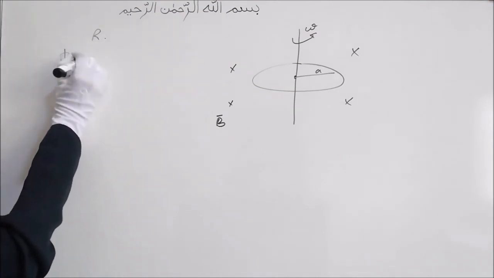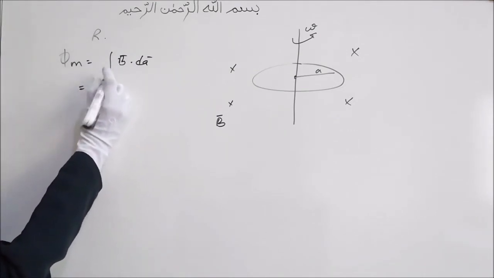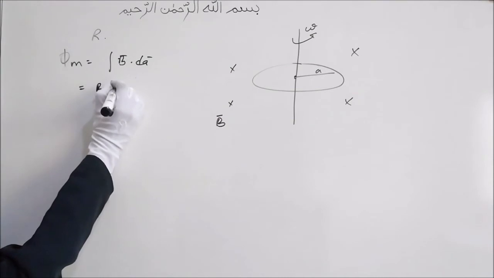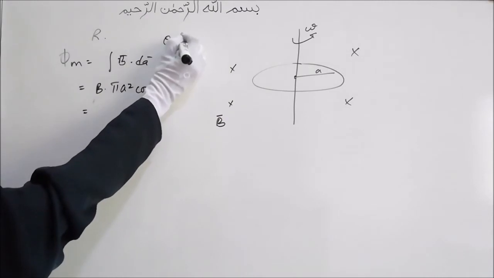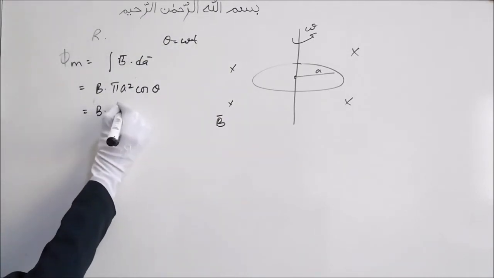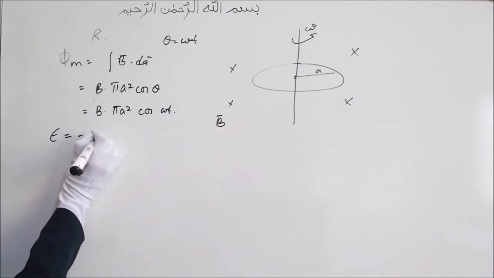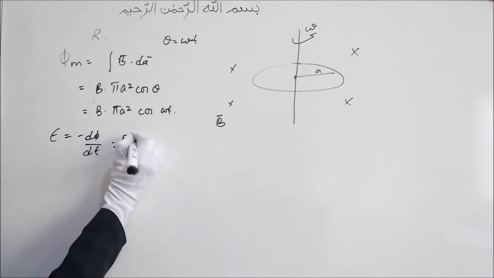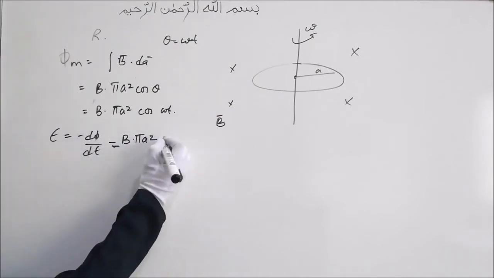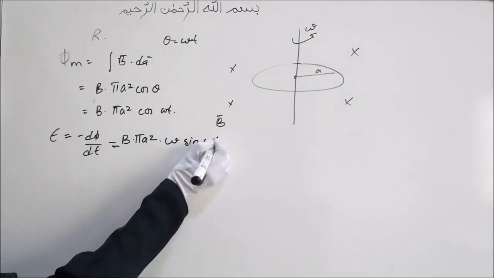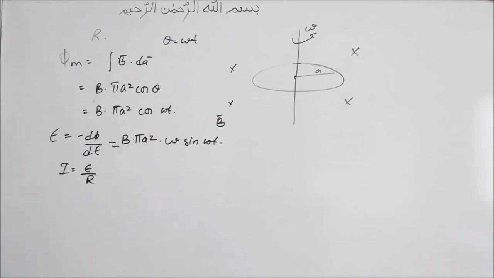So the magnetic flux, the formula is the integral of B bar dot dA bar, right? Or we can just call this B into area A, that is pi a square, into cos theta. Theta here we can write as omega t. So that is B pi a square cos omega t. Then what is EMF, which is minus dΦ/dt, that is B pi a square, d by dt of cos omega t will be minus sin omega t. So minus minus will become plus, into omega sin omega t. Then the current induced will be EMF divided by resistance. This was just for understanding.